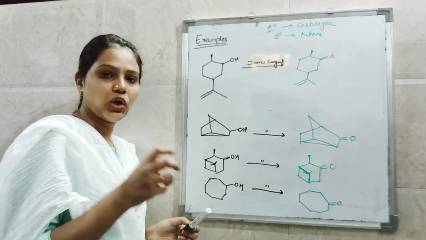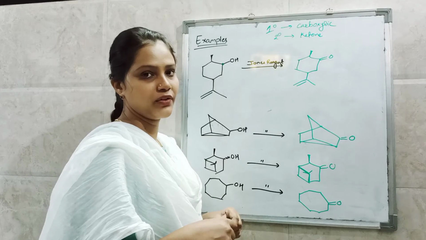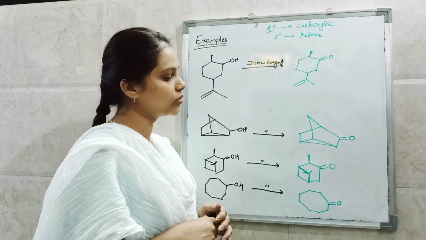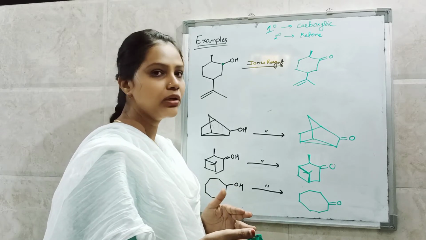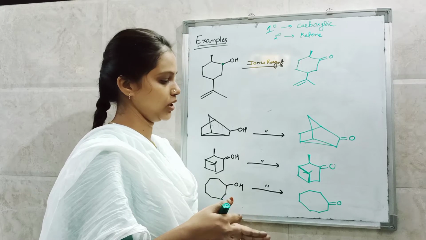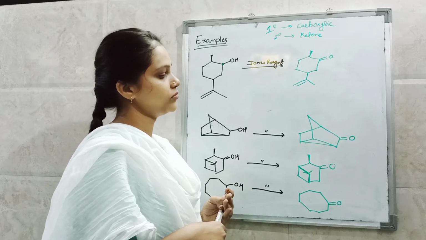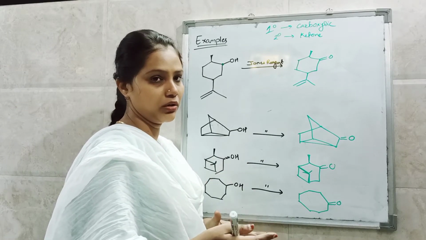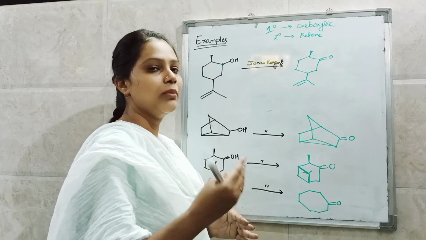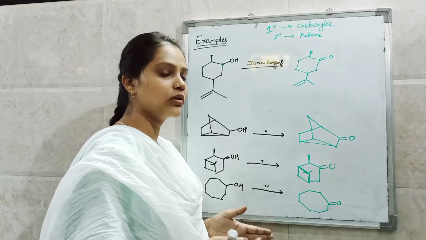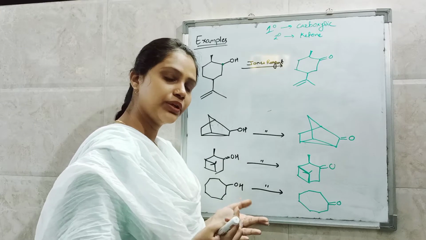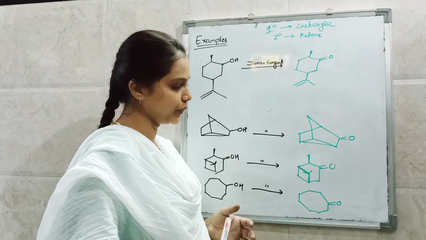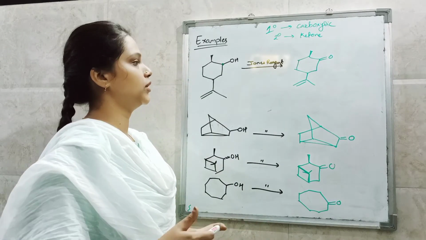To study the oxidation and reduction chapter for any entrance exam, Michael Smith's book is very good for learning functional group transformation. The chapter on oxidation and reduction is there. So this is the example of Jones reagent, conversion of alcohol to carbonyl compound by using Jones reagent. Jones reagent is a strong oxidizing agent. It oxidizes primary alcohol to carboxylic acid and secondary alcohol to ketone. And these are the examples of Jones reagent.